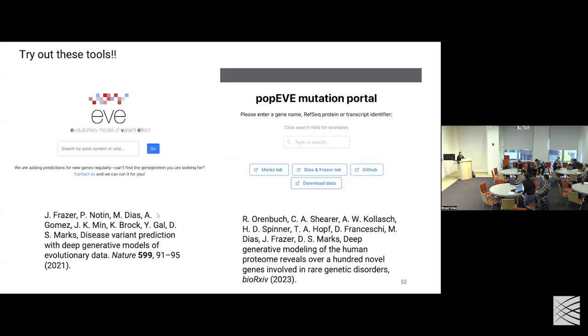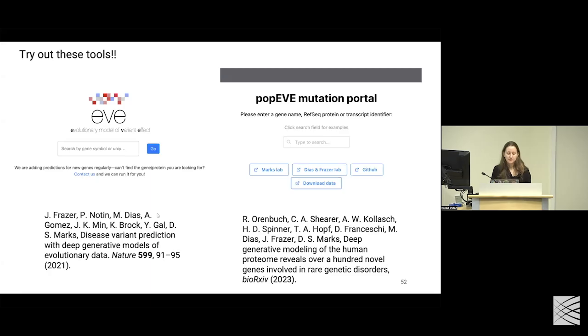Okay. So you can try out these tools. On the left is Eve, and I guess there's no links here for you, but you can Google them for trying out the Eve and PopEve mutation portals. They're pretty cool. I don't know if it's Eve or PopEve, but they'll also let you see the mutation in a 3-dimensional structure. This is a little bit like shortchanging them, just showing you this front door. Well, it's not ugly, but it's not as cool as it could be. They're cooler than that, I promise you.